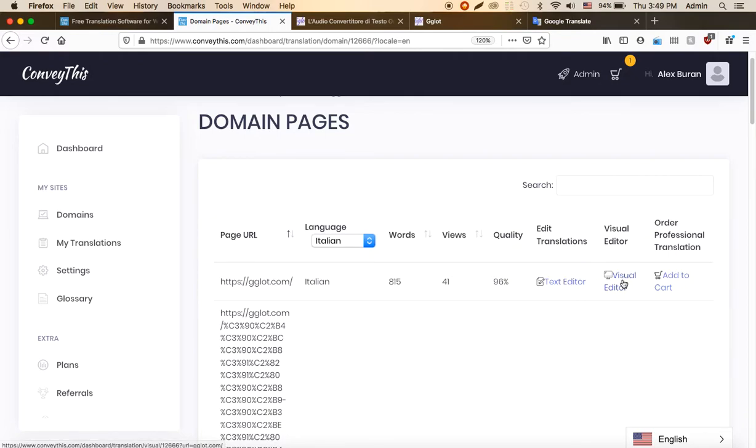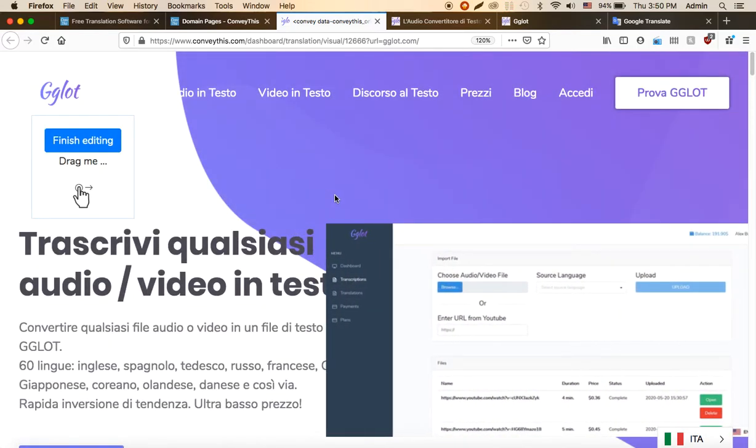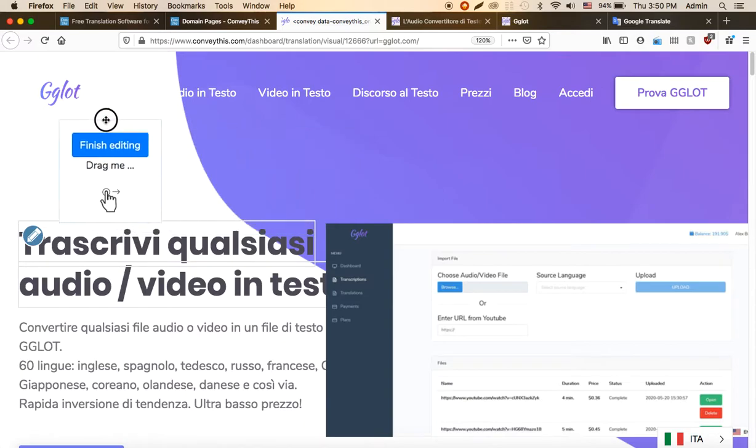So the first instrument, which is very popular and very common among our users, is to use the visual editor. So let's click next to the URL, visual editor, which opens up a new window. And in this window, you can see an imitation of the Giglot website, but in an iframe of ConveyThis. And when you move the element next to each of the segment, you can see this little pen image, which you can click on, and then you can